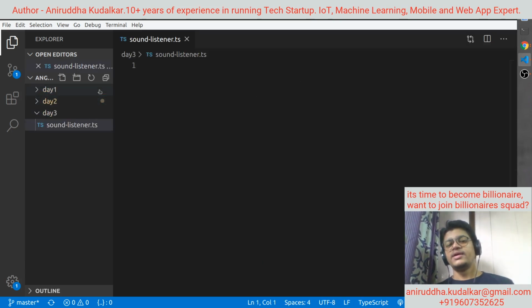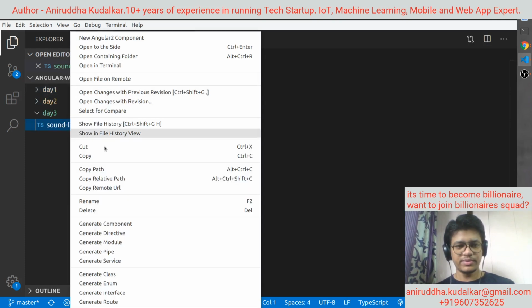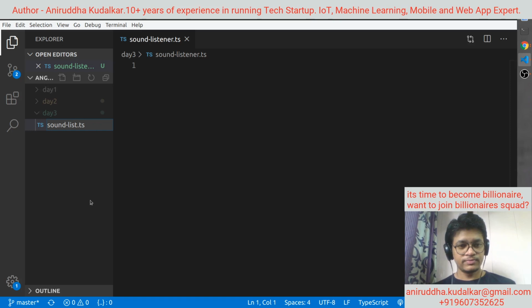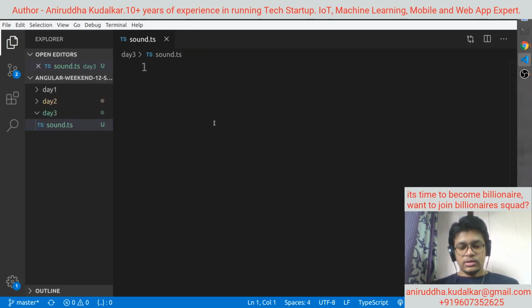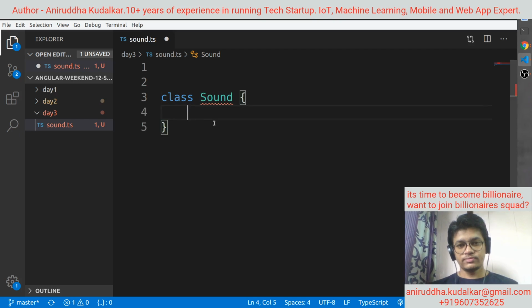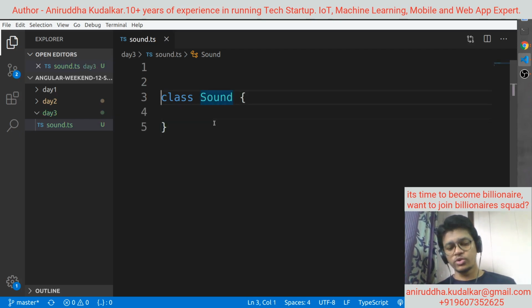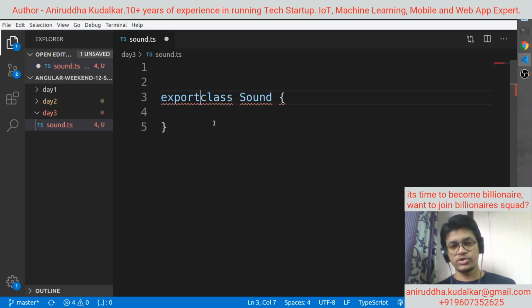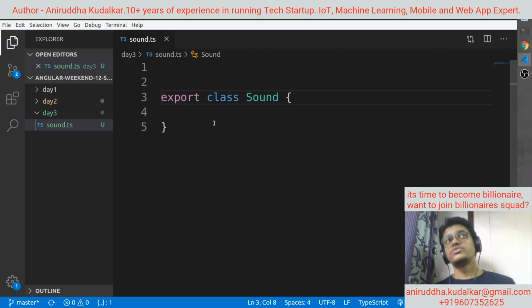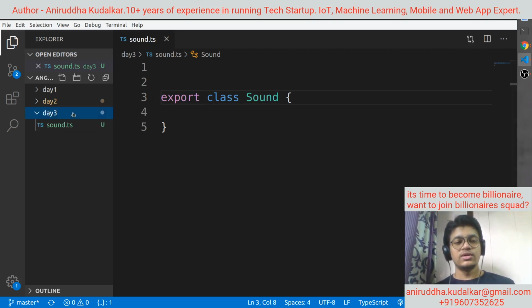Remember that the extension of the file would be .ts. Let me remove the listener. Sound.ts. Okay, now there is a class called sound, and I'm going to introduce one more term called export. What I'm writing? Export class sound.